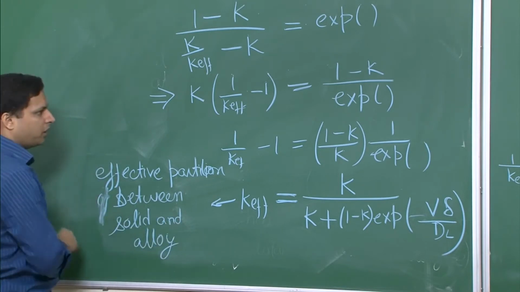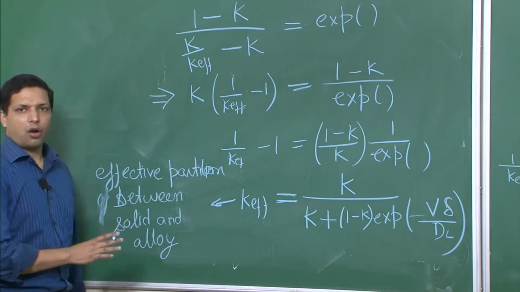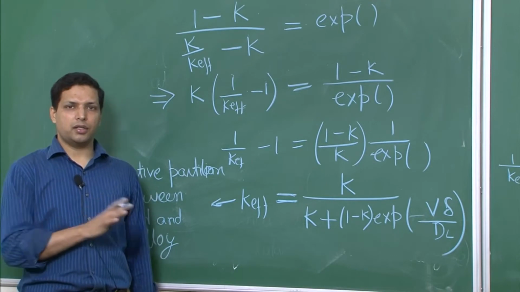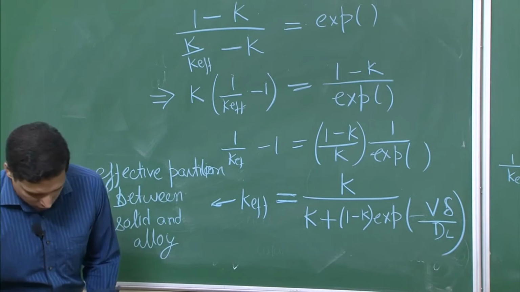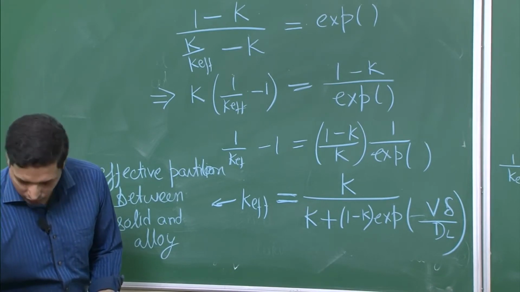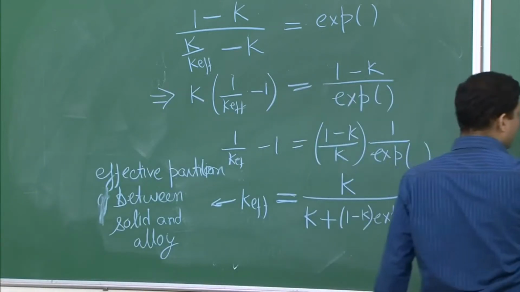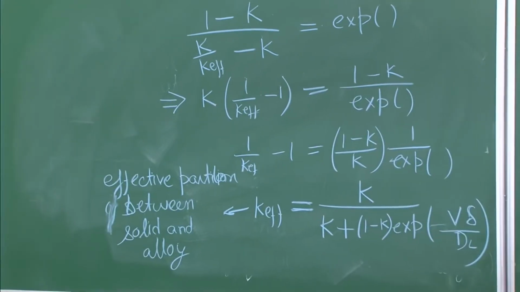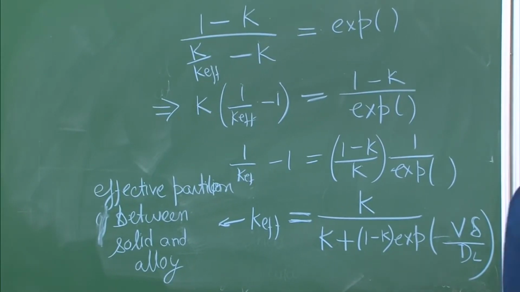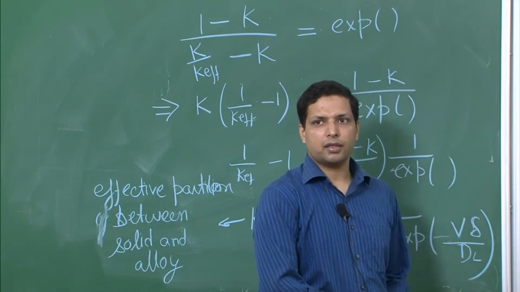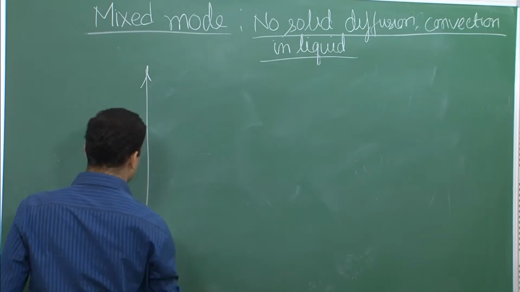This statement will become much more clear when we look at the effective distribution of all the conditions that we have talked about so far. So let me draw it, and I will be using various colors for it, so that it becomes easy to differentiate. So now what I am doing is I am trying to draw the concentration profile for all the cases that we have looked at so far. So let me draw in white the axis.